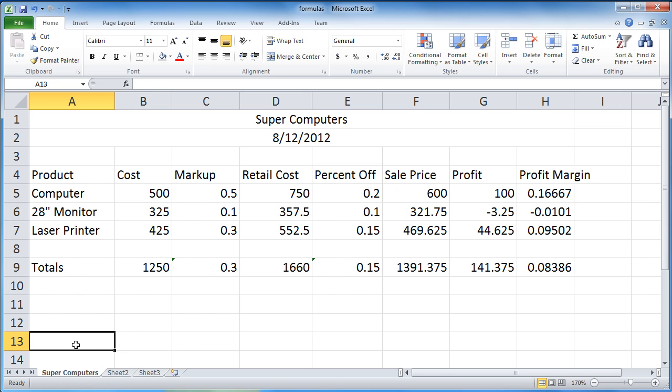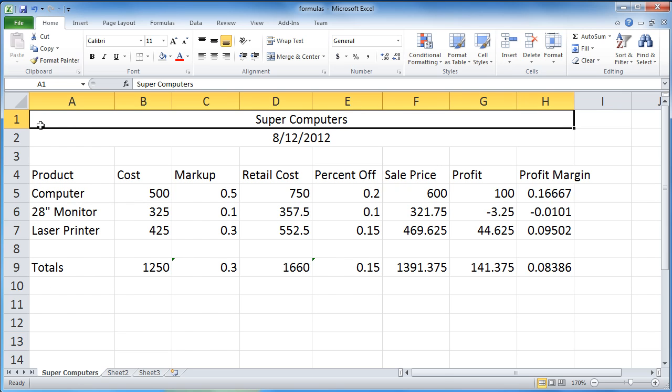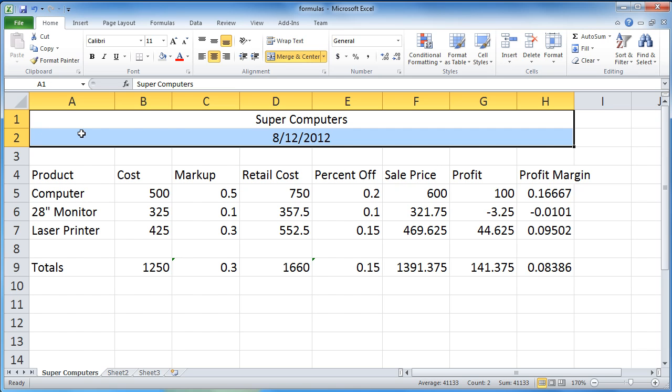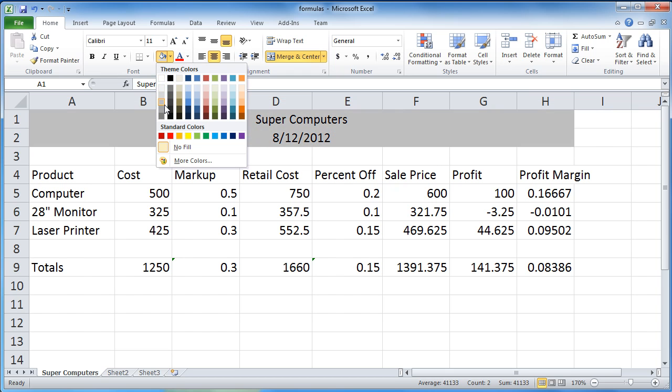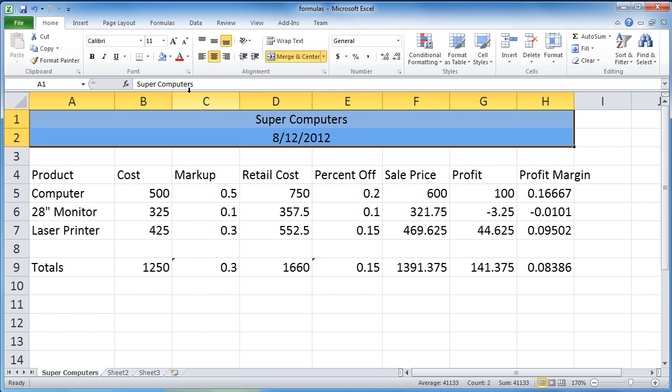Now what I want to do is work with making the data stand out. So let's work with the title first, and the header. I want to select both rows and add some coloring. So I selected both rows, and I'm going to head up to the paint bucket. It's in the font group. I'm going to choose which fill color I want, perhaps one that matches the colors in our logo, or some standard for report generation. I'm going to choose blue because it's my favorite color.